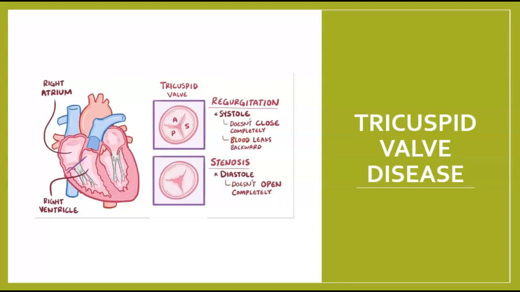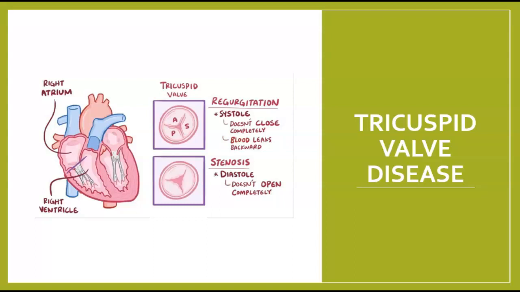So the flow of blood is going to be obstructed from the right atrium to the right ventricle, and then it can back up into that right atrium and cause right atrial enlargement. Your signs and symptoms are going to be related to right-sided heart failure, so peripheral edema, ascites, any kind of